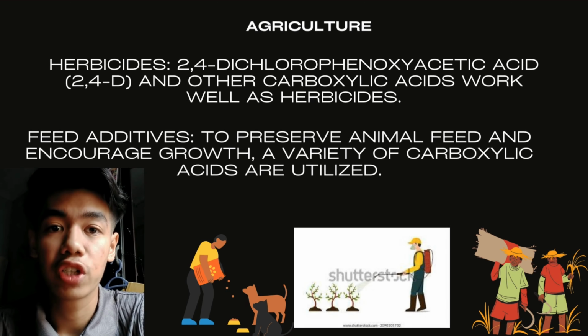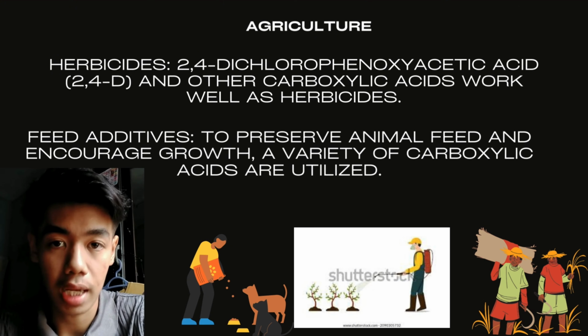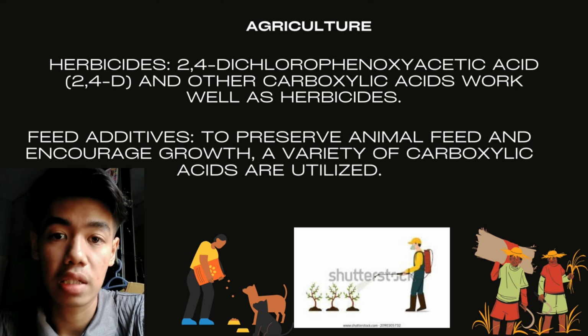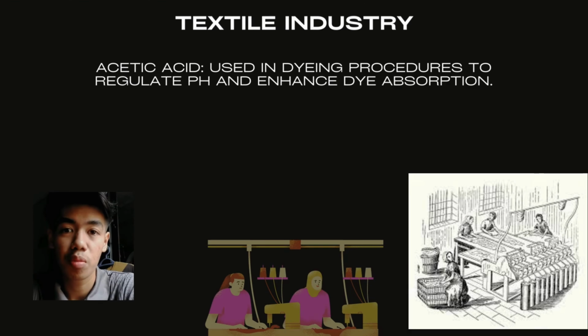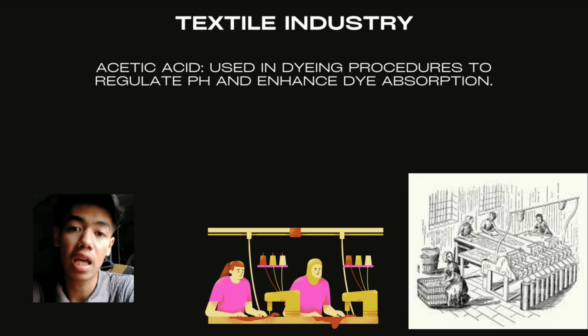Second last is agriculture. Herbicides. Dichlorophenoxyacetic acid and other carboxylic acids work well as herbicides. Second one is feed additive. To preserve animal feed and encourage growth, a variety of carboxylic acids are utilized. Last, for commercial and industrial application is the textile industry. Acetic acid has also been used in textile industries because it is used in dyeing procedures to regulate pH and enhance